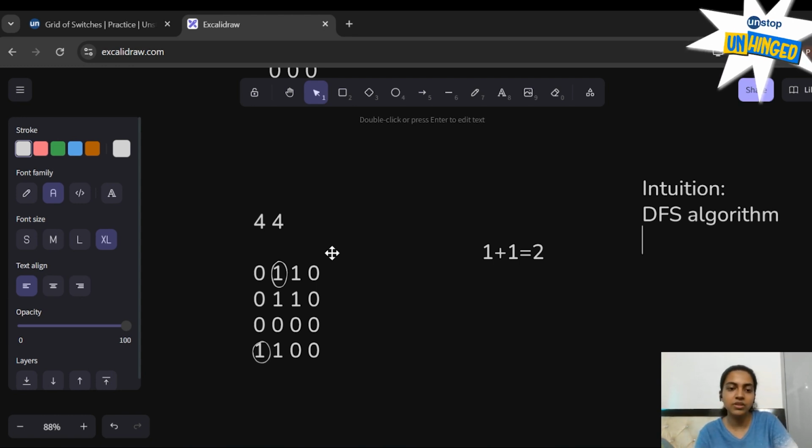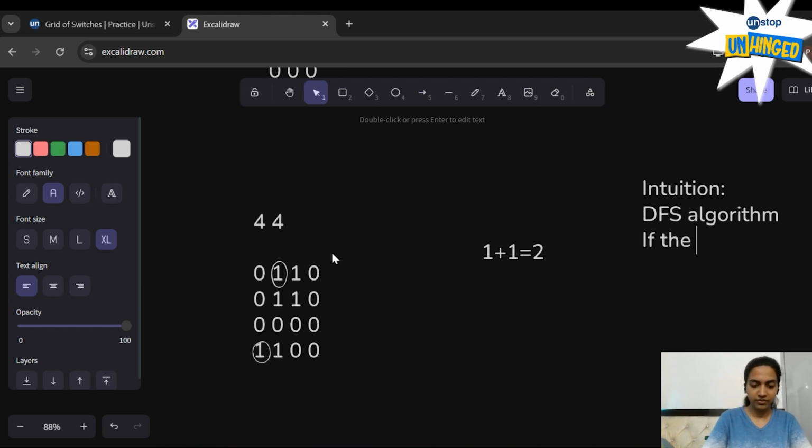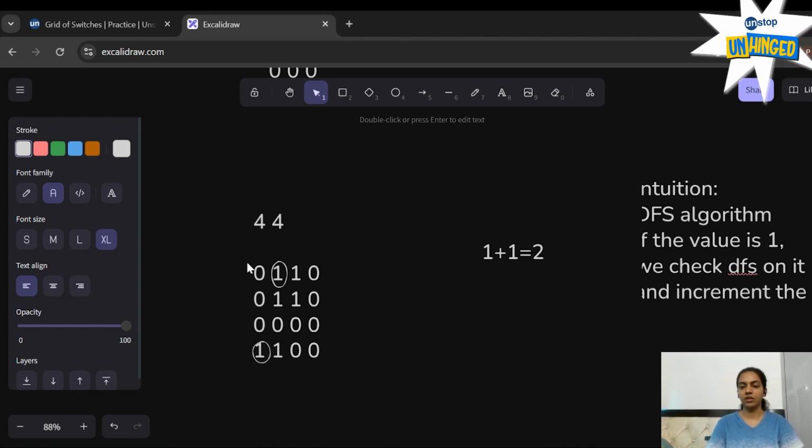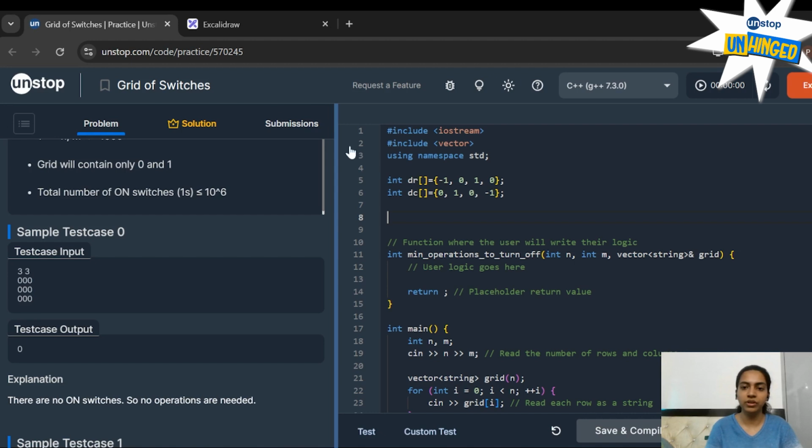If it is 1, we run DFS on it and increment the count side by side. Now let's just jump to the code.